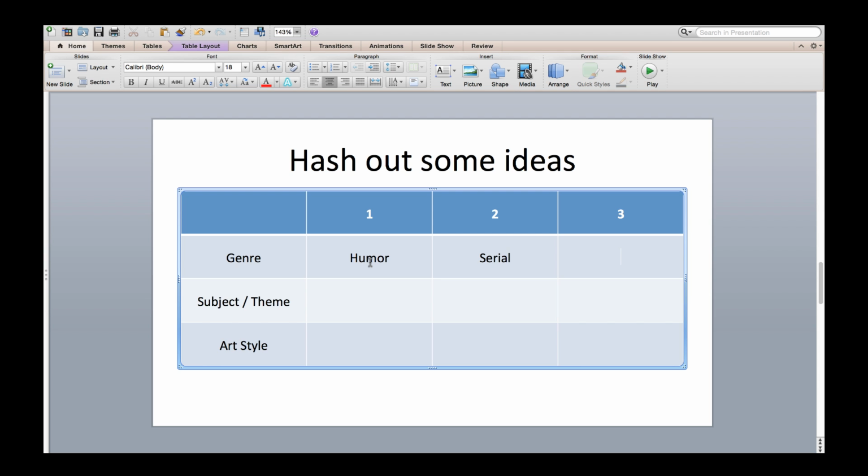Serial comics and adventure. These are three genres that I could be interested in. Now, subject and theme is your meat and potatoes. It's really the core of what your comic will be about. Some ideas that I have tossed around in the past: